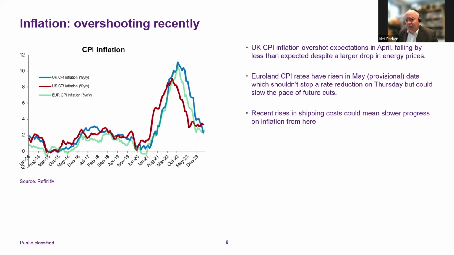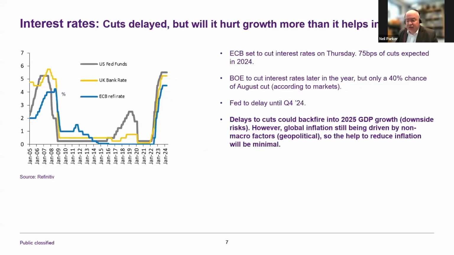headline basis. If we look at the next slide and we look at interest rates, the big thing to pull out here is really that the Bank of England is now only predicted around 40% to be cutting interest rates in August. So that's been a significant reduction in rate cut expectations from the financial markets. Nothing really to prevent the European Central Bank from cutting interest rates on Thursday. And the Fed's delay, I don't think that will be altered materially unless there was a very sharp deterioration in the economic data over the next month or so, and I wouldn't anticipate that.